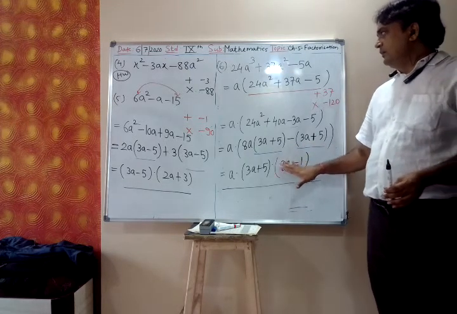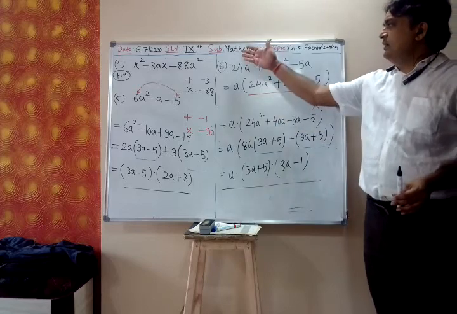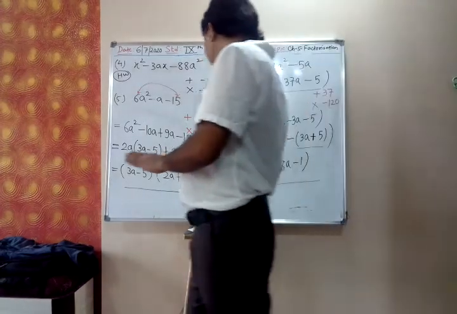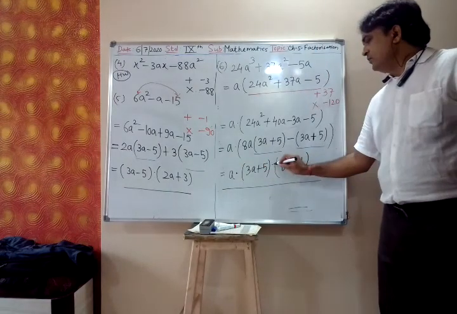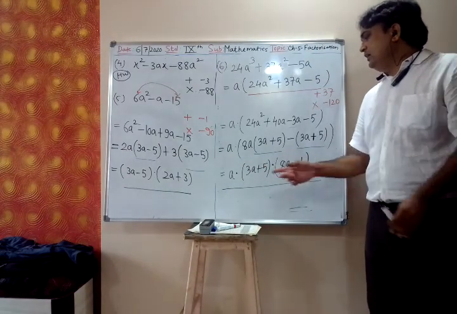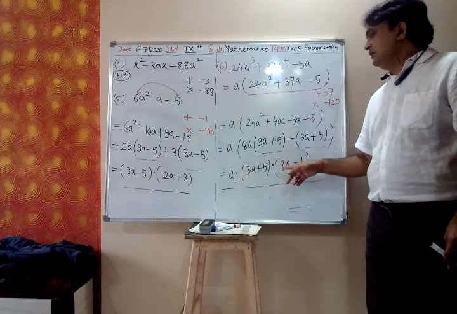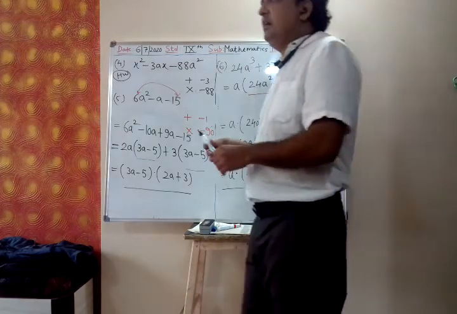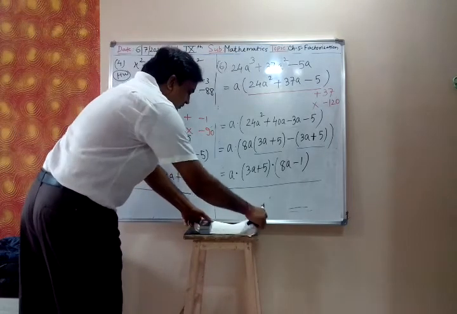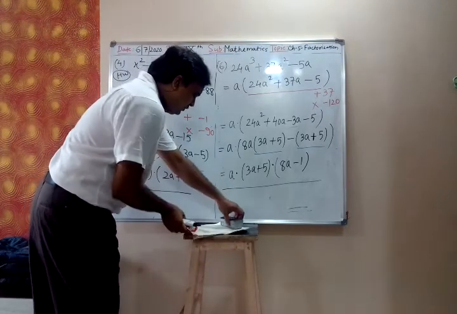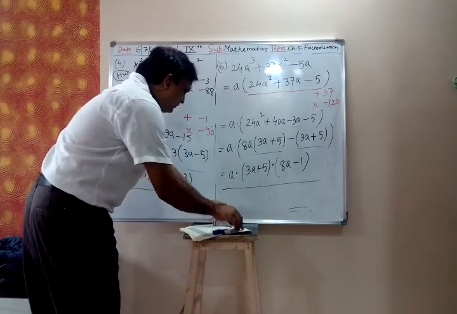Stop there. When you simplify, again you will get the same expression. Whenever the last term is a multiplication of 3 terms, this into this into this, it means it is in the factorization form. Whenever the given expression is a product of 1 term, 2 terms, 3 terms, it means it is in the factorization form.